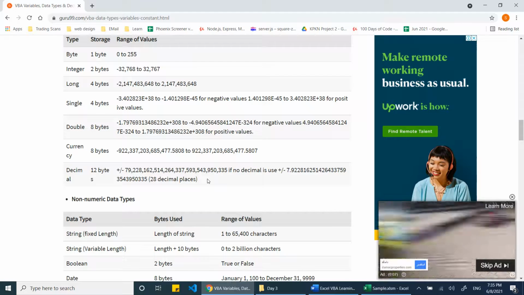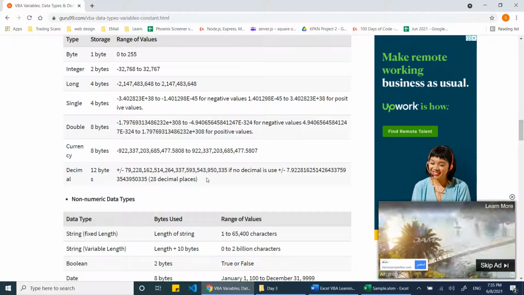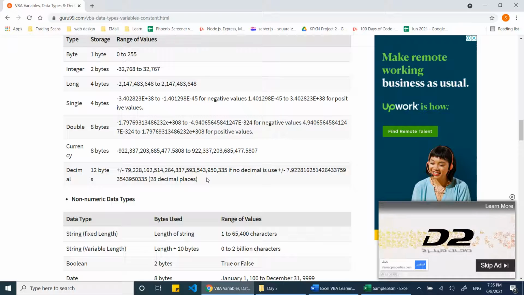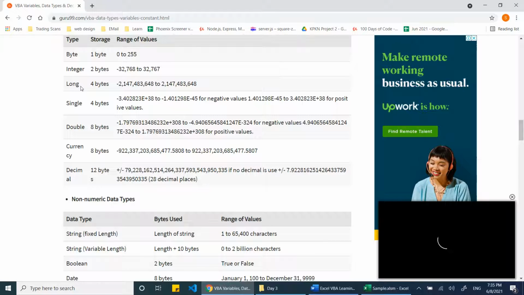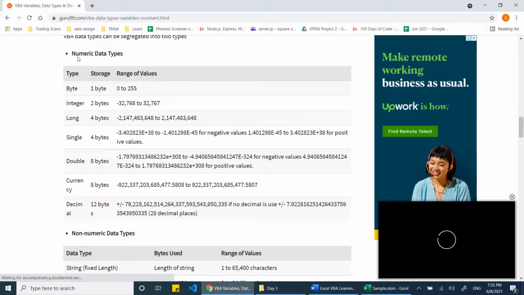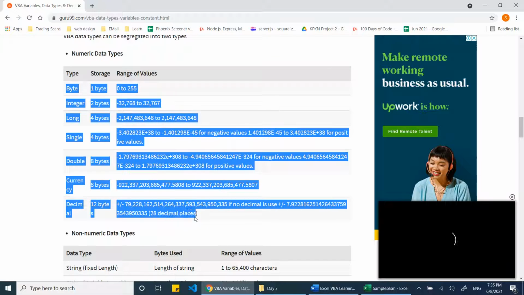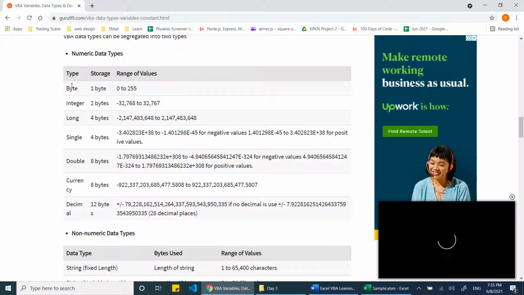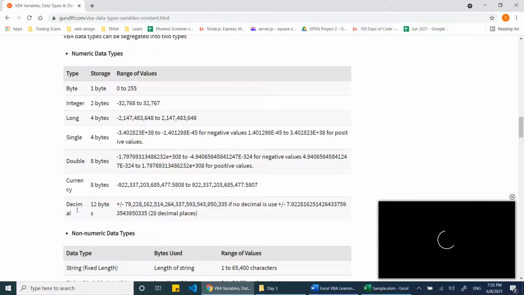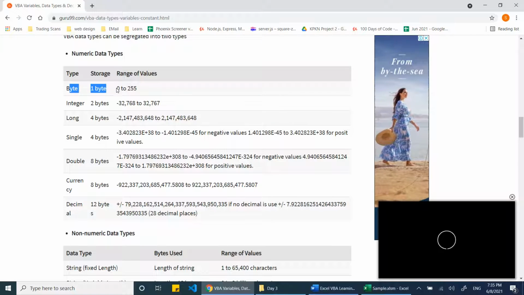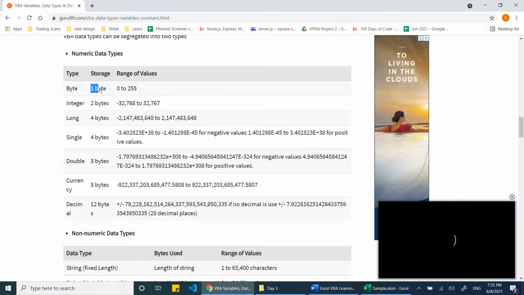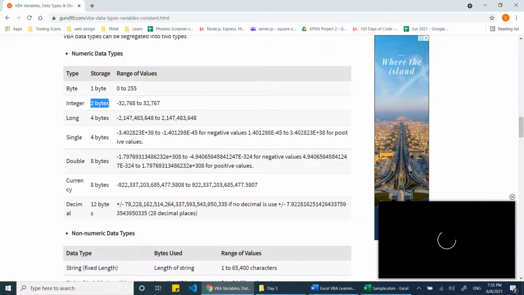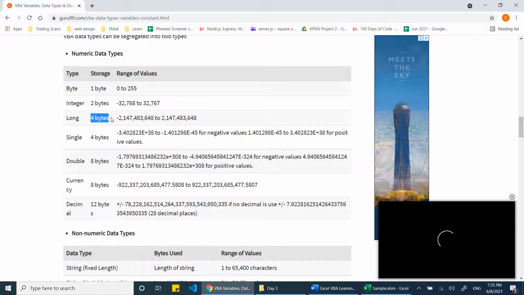Now, what is the purpose of a variable? A variable is used to store data from the user or data generated within VBA. Suppose I want to store a number, I can use these numerical data types, any of them, but it's important which one we choose here. So these are the types. Suppose I want to store a small number, I can use byte or integer because it will take a small part of the memory. If I'm using long, it takes 4 bytes of memory.